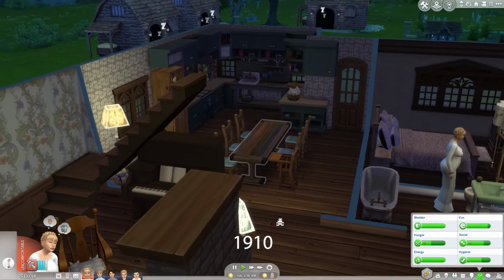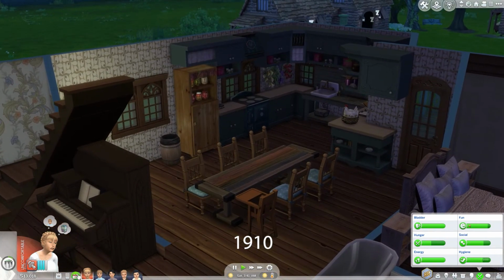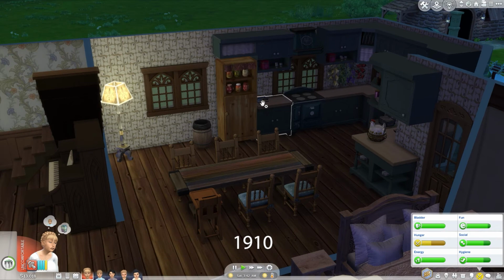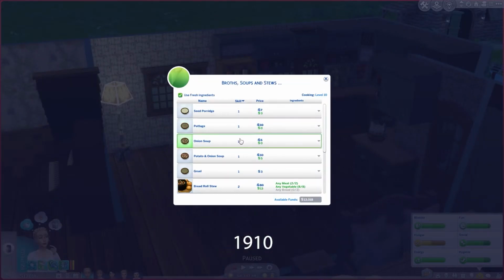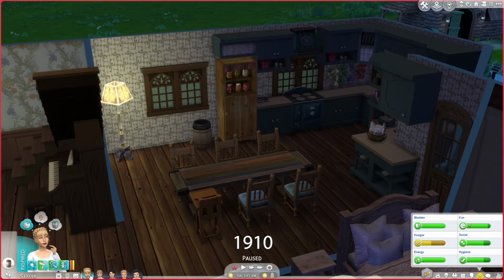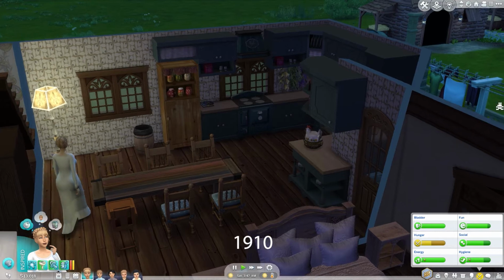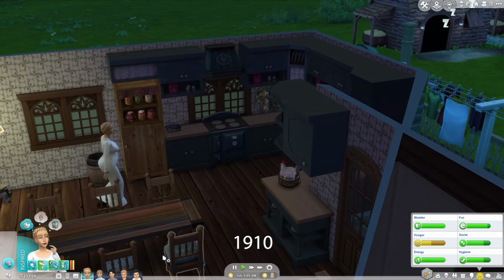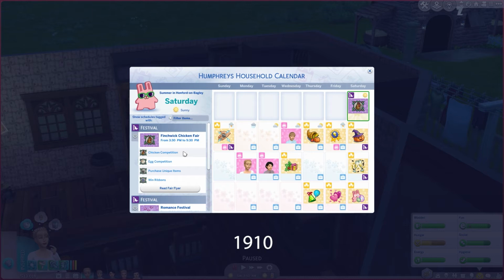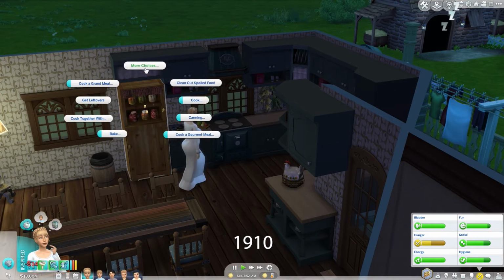Okay, so everyone is just headed off to bed here, and as you can see, it does look like Florence is hungry. I'm actually just going to go ahead and have her make some pigeon stew. That way when everyone gets up in the morning, there will be food here for everyone to go ahead and eat. And then it looks like in the morning it's also going to be Andrew's birthday. So first thing in the morning, we will go ahead and get him aged up and give him his makeover,